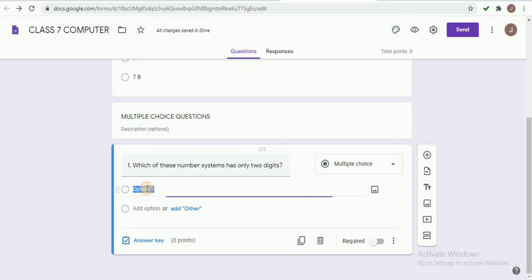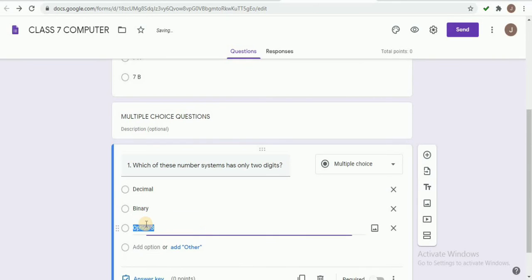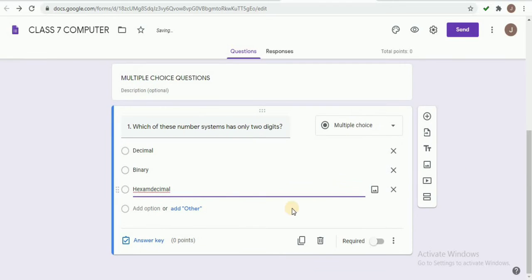I am adding the first option, decimal, my second option, binary, and third option, hexadecimal. Then I am assigning marks to this question. I have to click this answer key button to assign marks.